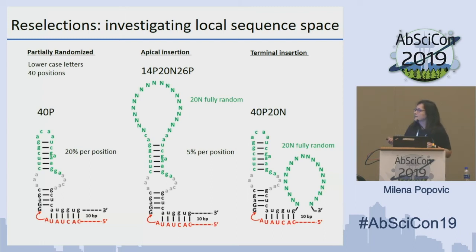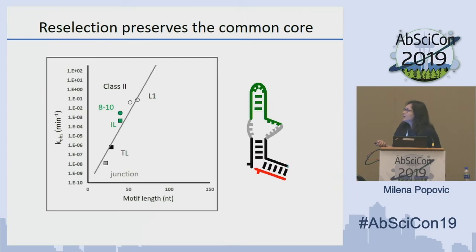that's quite high in mutagenesis, and then added 20 fully random nucleotides to the top of the loop, and then for the third trajectory added 20 fully random sequence to the 3' end. So what do we get? What we find is that there is a limit to this trend. So what we get is 10-fold improvement in activity upon this internal loop motif, and the way that is achieved